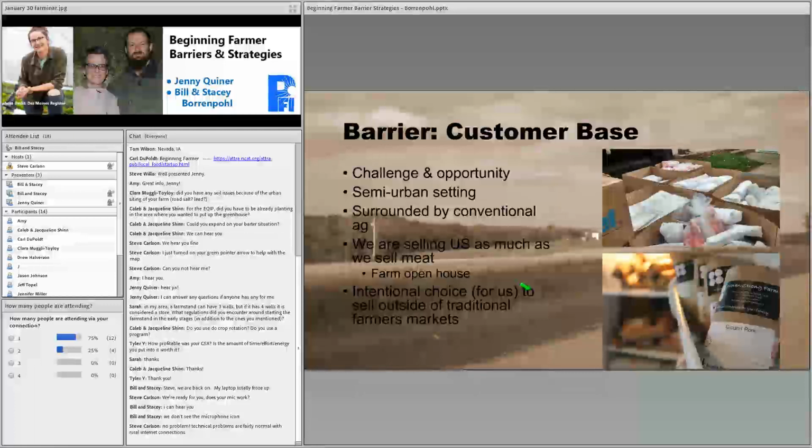And we also live in Jackson County, a very blue-collar town. So it's not customers around every corner that know what you're doing. A lot of value